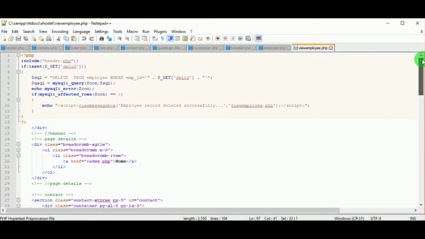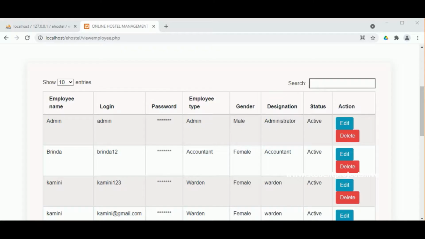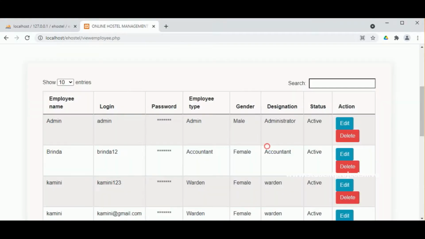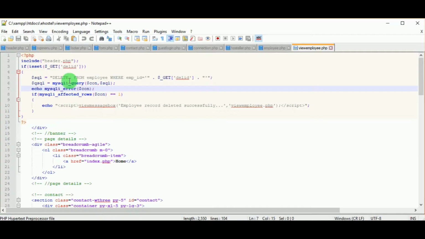For that, let us go to the start, and you have a get function with that delete id. So there is a query which is a delete query, that is if you click on this and if you click on OK, a delete id is generated. And you can see here delete from employee where employee id is equal to get delete id.